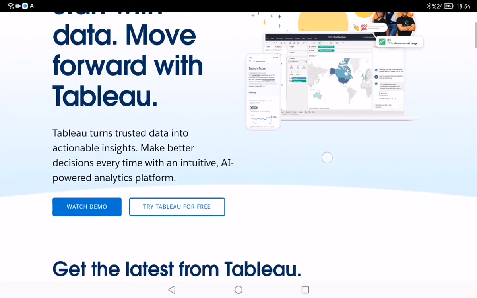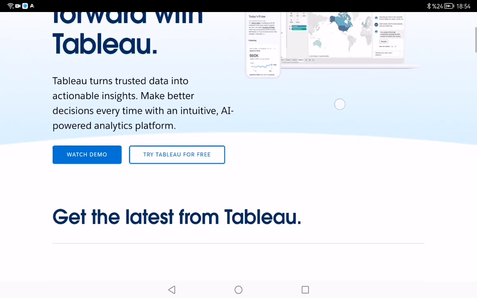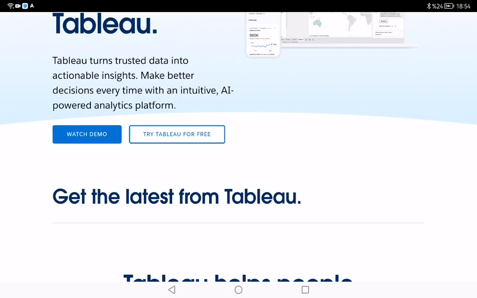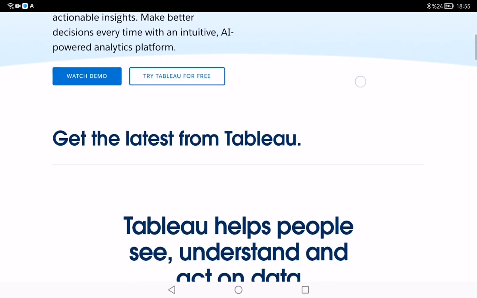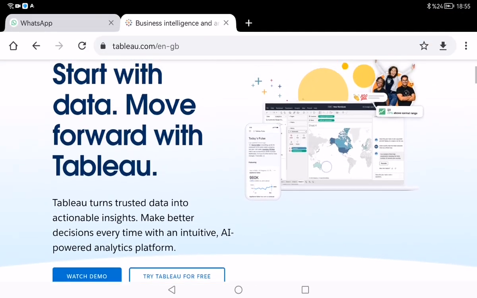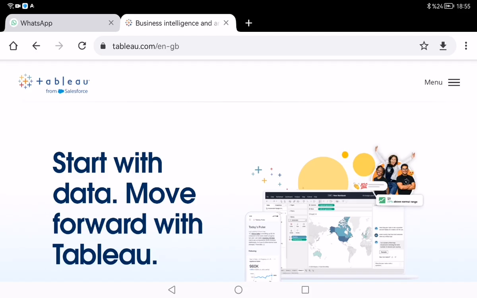So, Tableau Cloud is designed to fit any enterprise architecture with industry-leading security features, the highest certification standards like SOC 2 and ISO, out of the box HIPAA compliance, and best-in-class governance capabilities to ensure your data is always in the right hands. So as you see on the website, there is a simple main page, and on the right